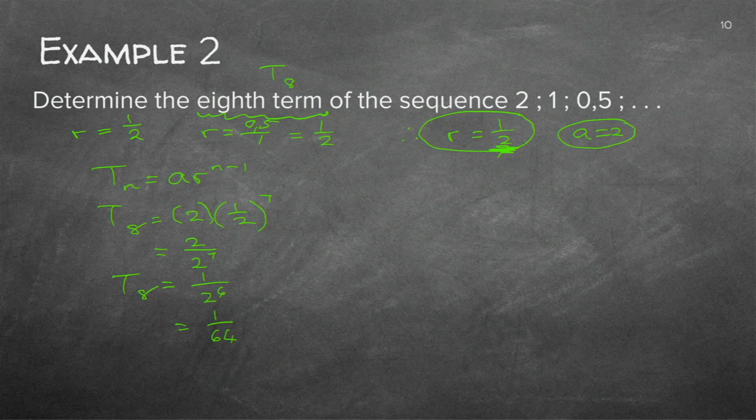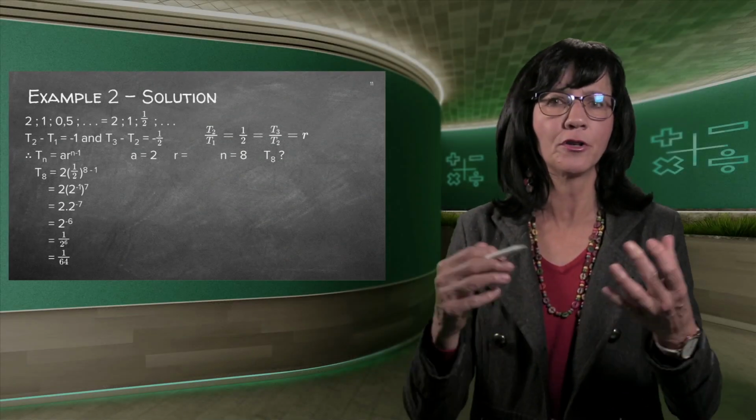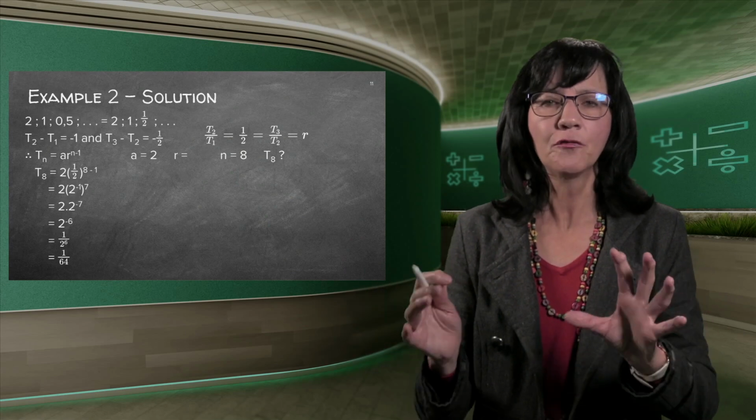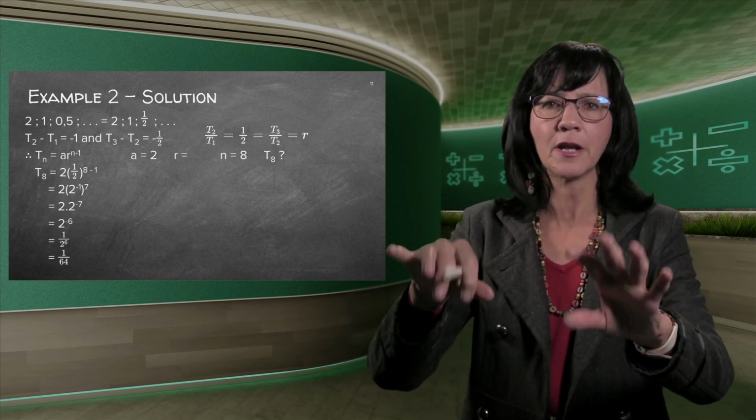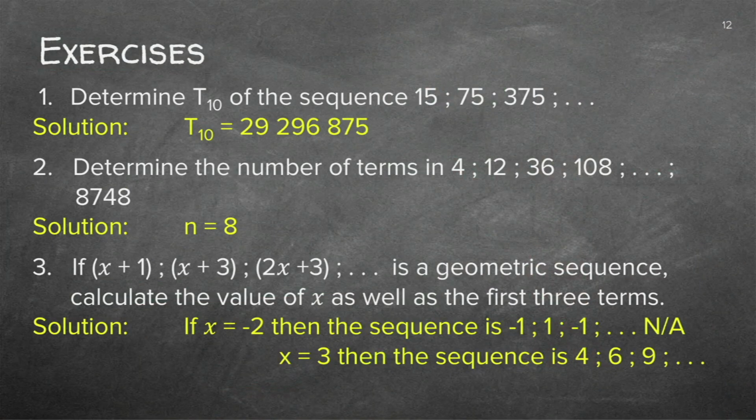Good. I'm taking it off so that you can go and redo it all on your own. Afterwards, you can go and check the answer, and you'll see it is there. Just do not ever check the answer before you've tried it on your own. Even if you get stuck, try something on a clean sheet of paper. You actually can't get stuck. You need the A and the D, or you need the A and the R, and you need to write down the formula. Once you've written down a formula, you've got your sum started, and all you do then is to substitute. There we've given you exercises to practice some more.